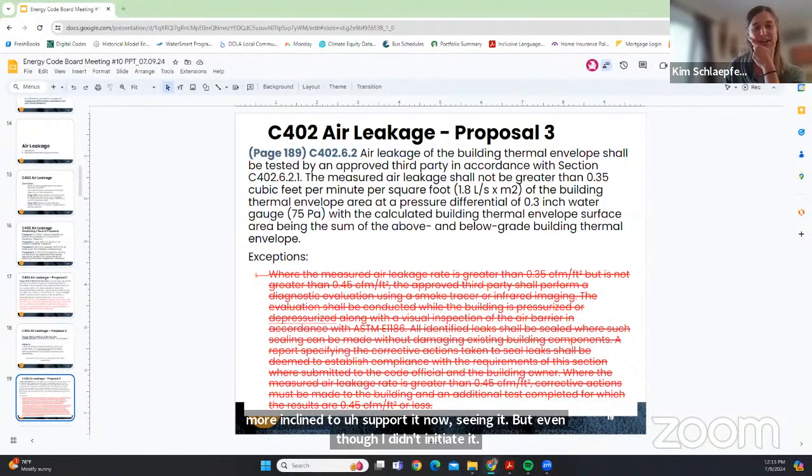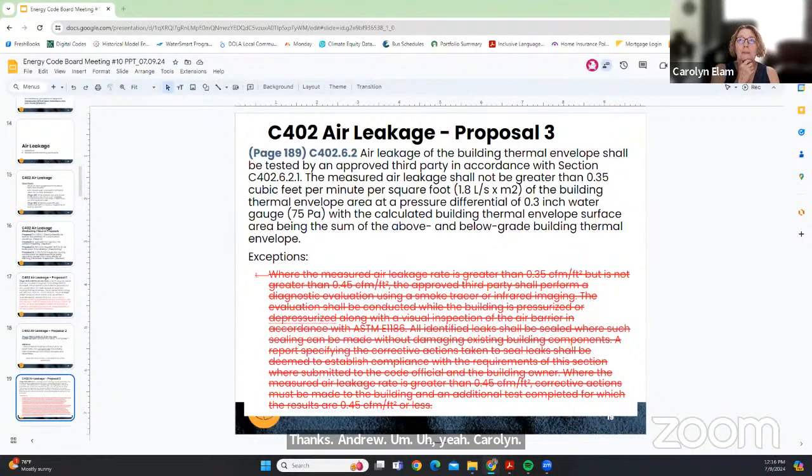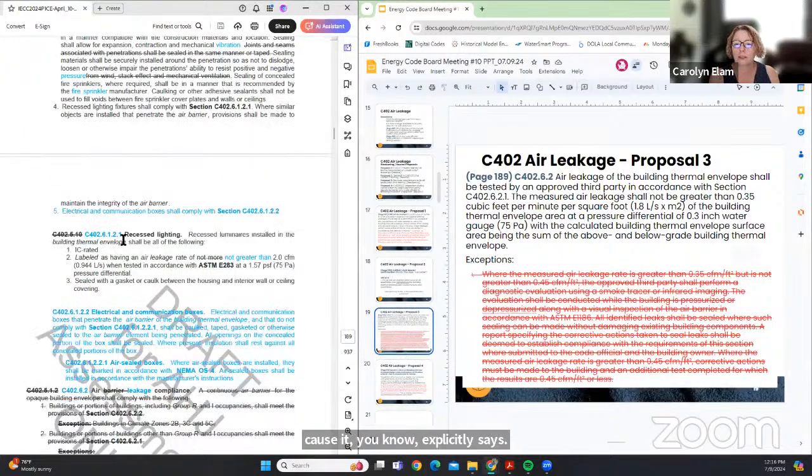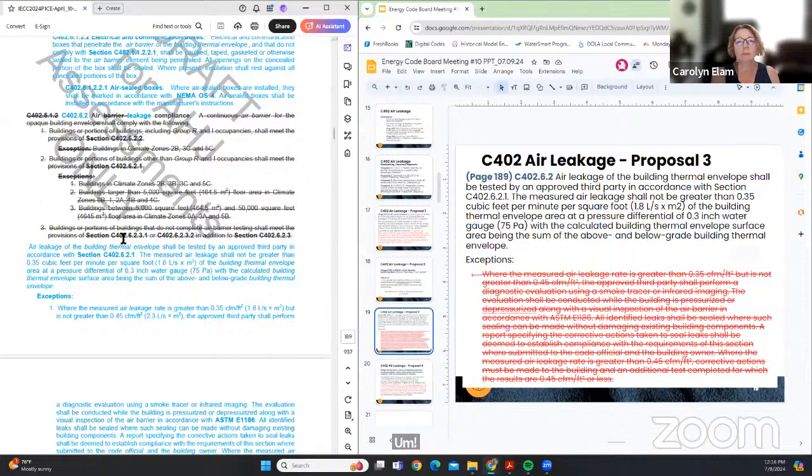Thanks, Andrew. Yeah, Carolyn. And no, it was not me either, but I appreciate that whatever ghost put this forward, because I think this gets at the earlier discussion we were having around remedy. There are some useful parts of this remedy language that get at what Kevin had raised, because it explicitly says where sealing of leaks can be made without damaging existing building components.